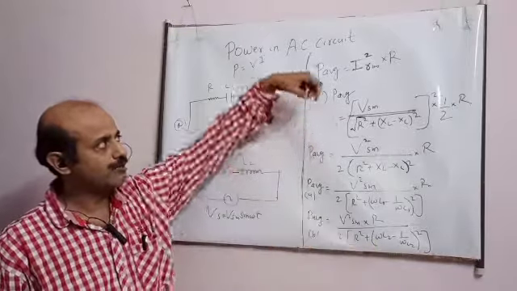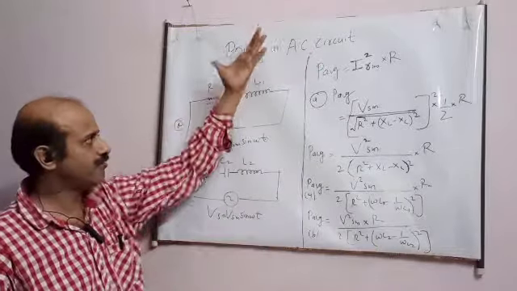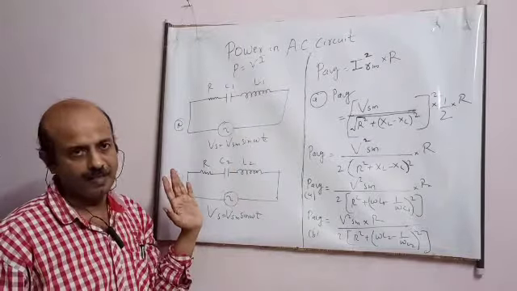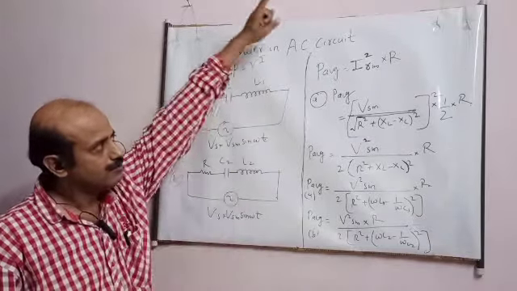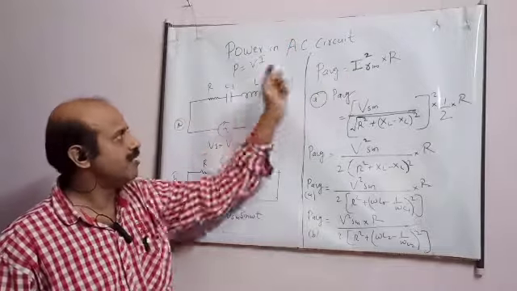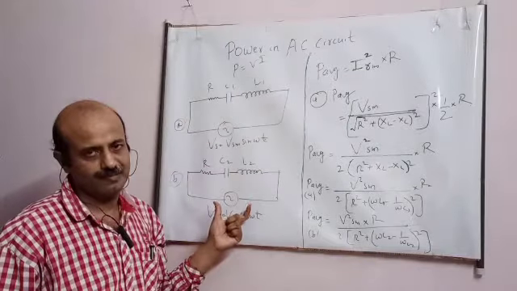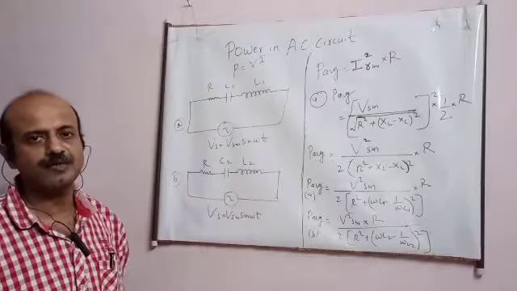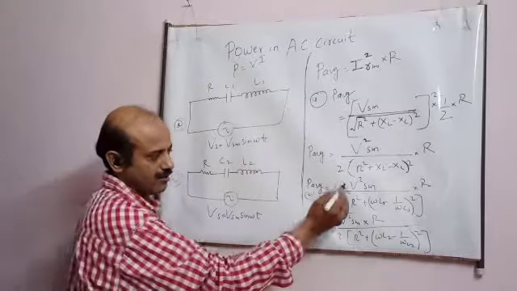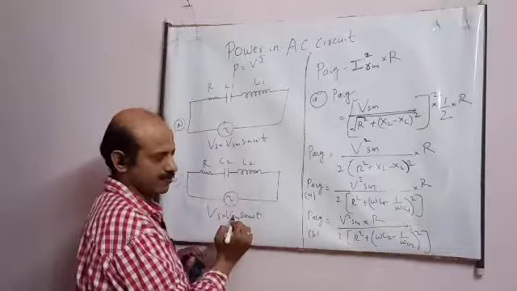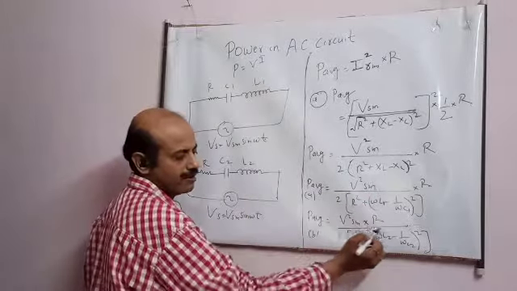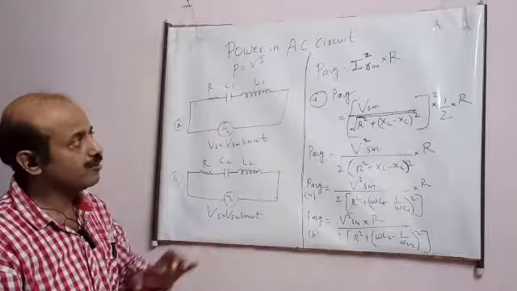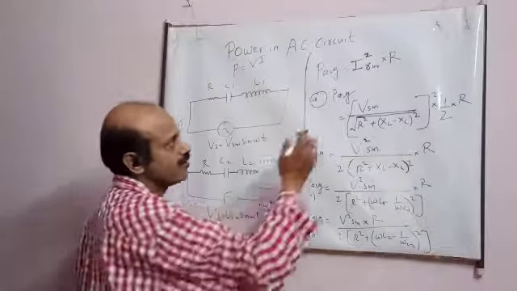Now student, how to explain this formula's connection with this case? R is same in both the cases, but I RMS is different in both these cases. Due to that, the power is different, student. Like this you can explain now. Because see, this is same, voltage is same, but these values are different. So this means though the R is same, the average power is not same.